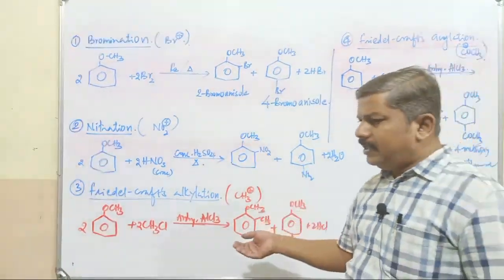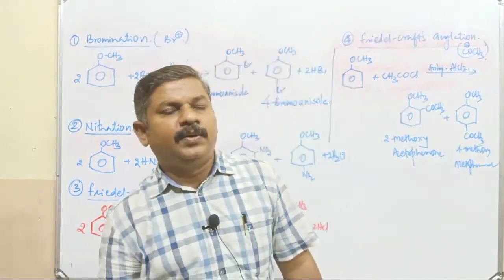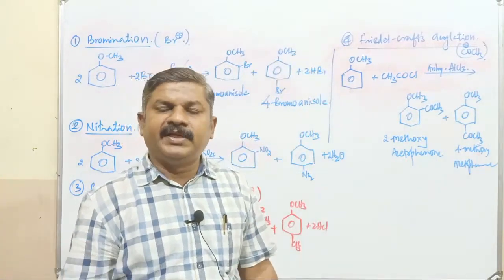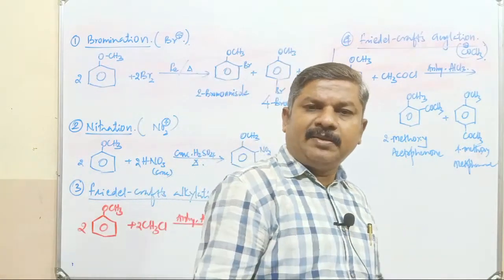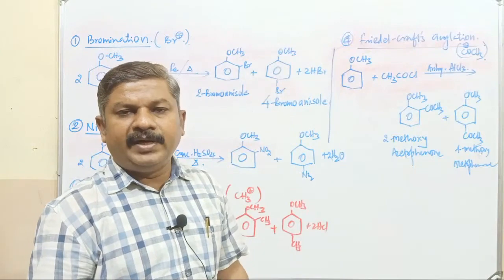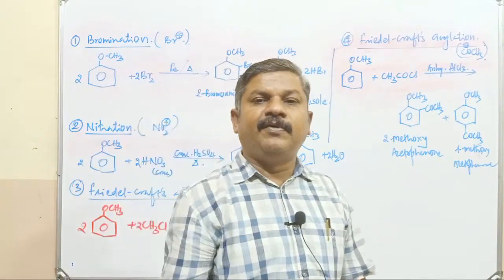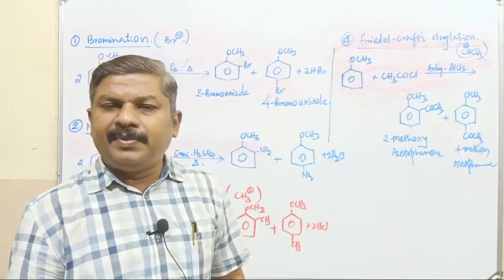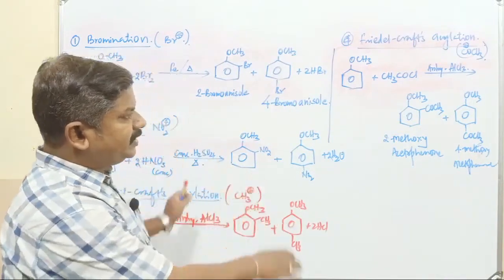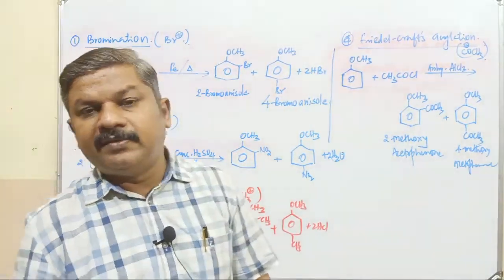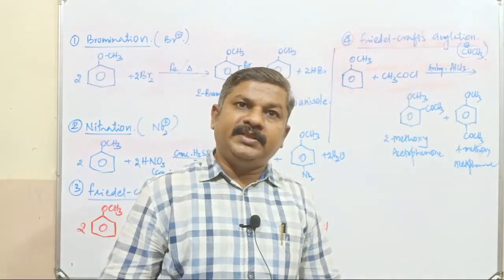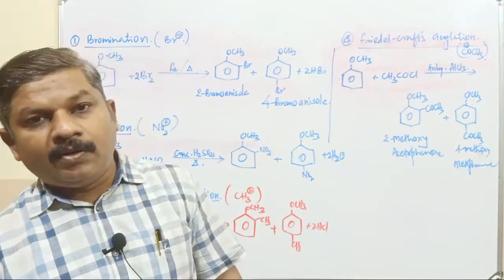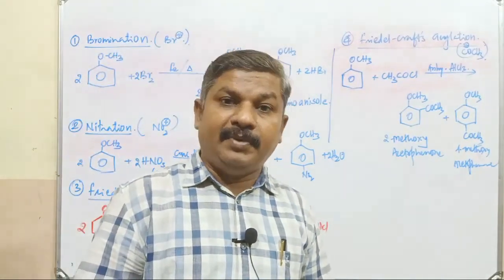In addition to this, we will come across so many other reactions also. Chlorination of aliphatic compounds in presence of diffuse sunlight with limited supply of chlorine: partial chlorination takes place. In presence of excess chlorine, complete chlorination takes place. That is also there. Some other simple reactions are there, but these are the important reactions of ethers. With this, the ethers as well as alcohol and phenol are completed.